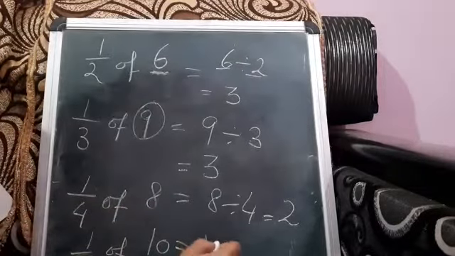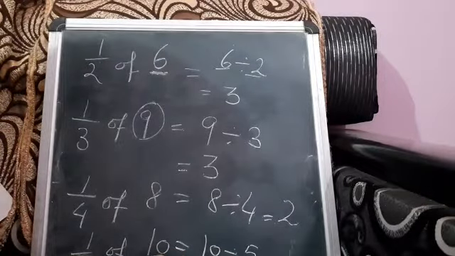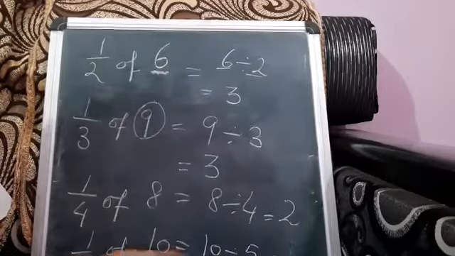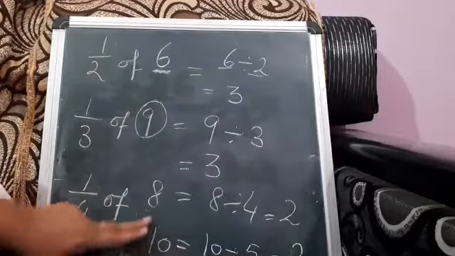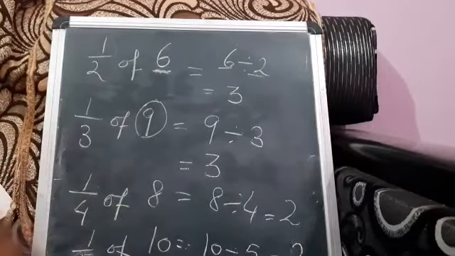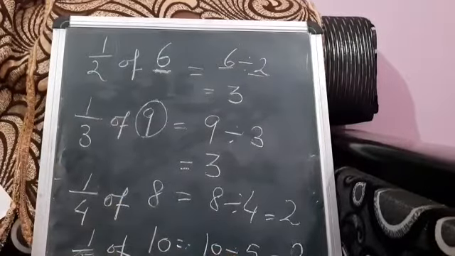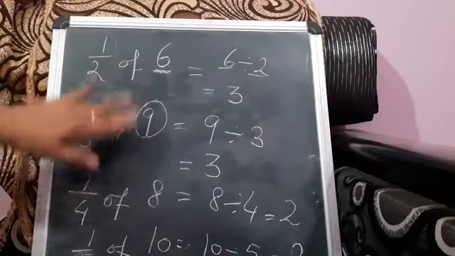I will write here 10 divided by 5. I will divide, because I want to divide 10 things, and in how many parts? In 5 parts. So 10 divided by 5. What will I get when I divide 10 by 5? I will get 2. So when I make 10 things into 5 equal parts, I will get 2 things in each part. Okay, in this way we can find the unit fraction of a number.